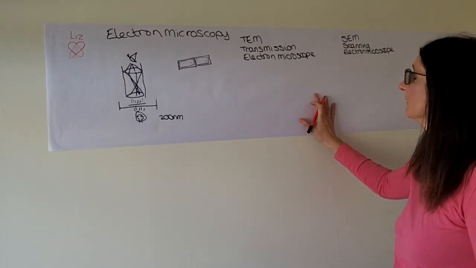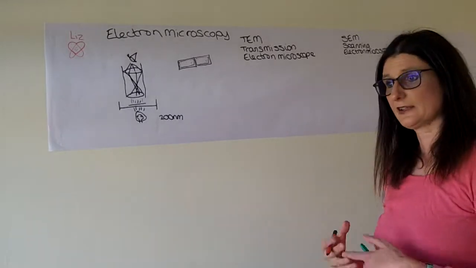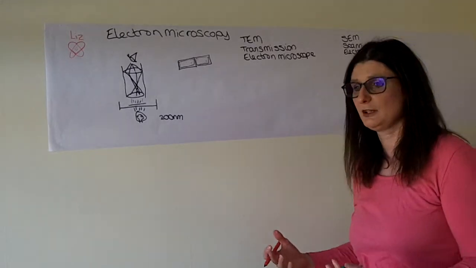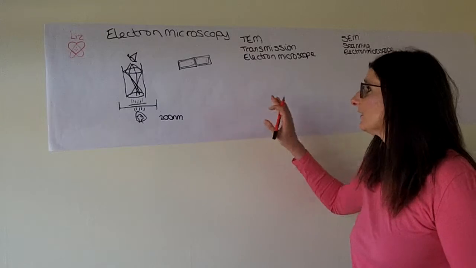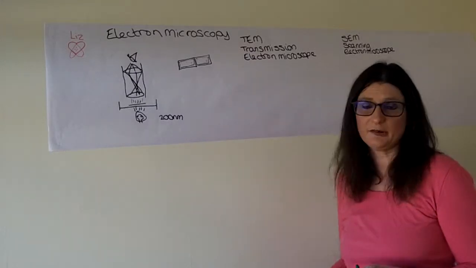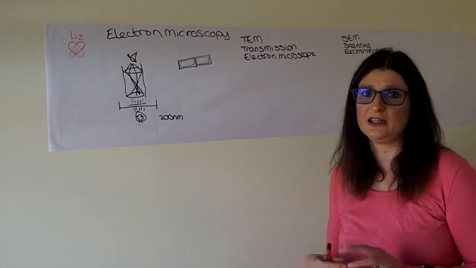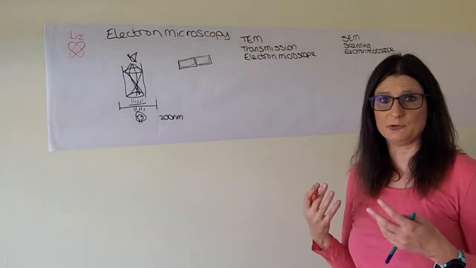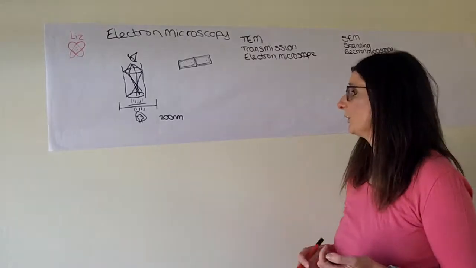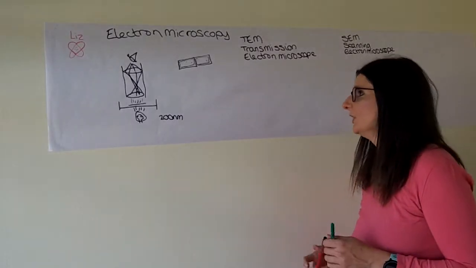And these look at things that are smaller than 200 nanometers, and they look at them in different ways. So I'm going to go through a bit about how they work and what you see and how you prepare your sample to go on one of these microscopes. So,